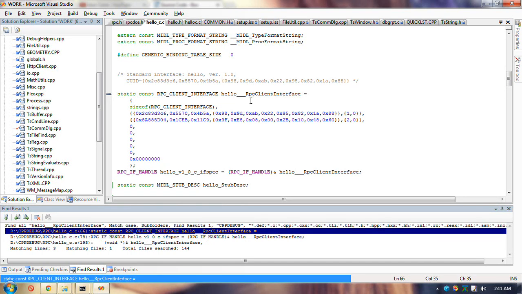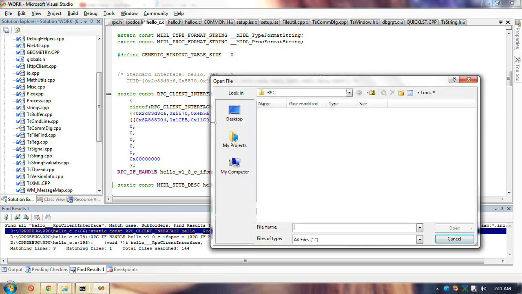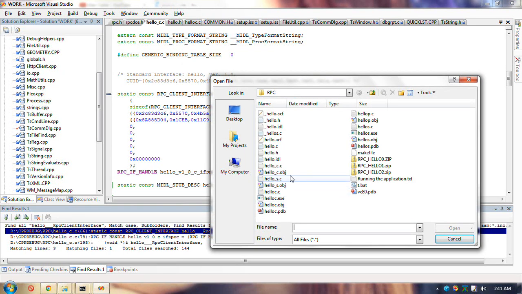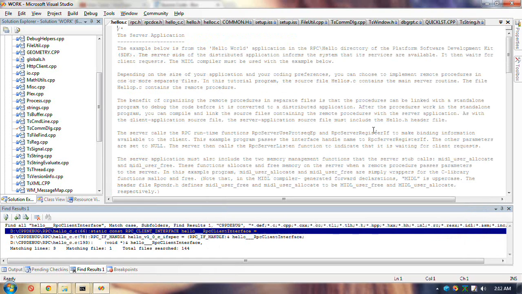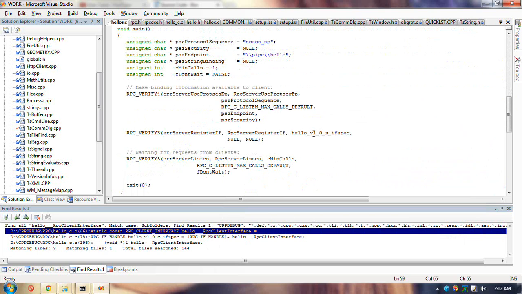Yeah, it can't be this, the address of this, because this is a funny structure. However, on the server side, I'm going on for a long time, aren't I? Sorry about this. But you should know how messed up this thing is. Hello S.C. I couldn't get this to work until I changed, but it's a different function called register interface.